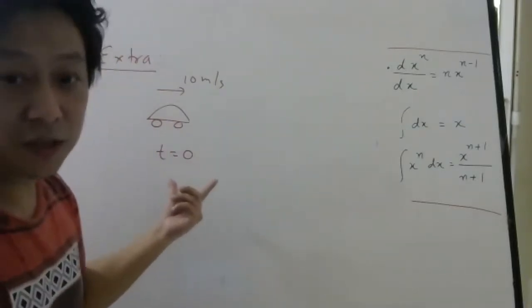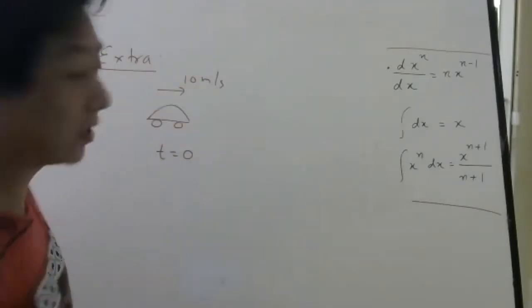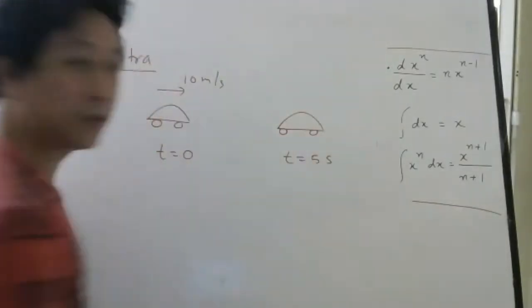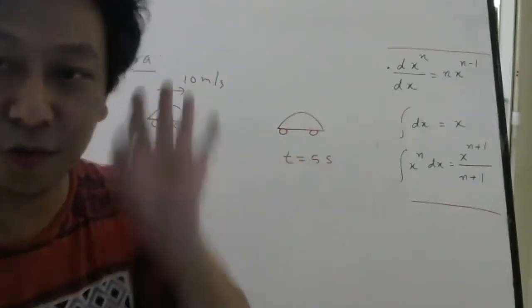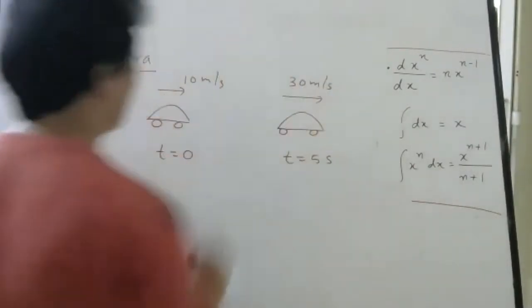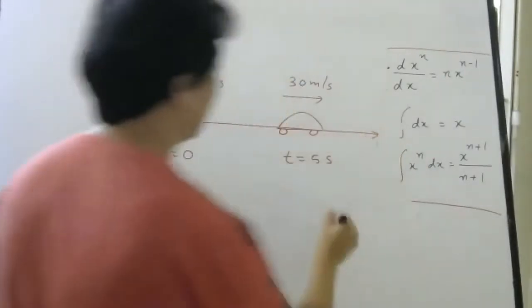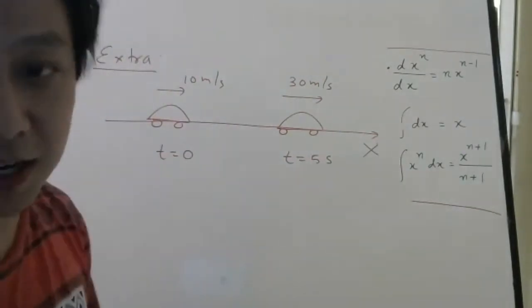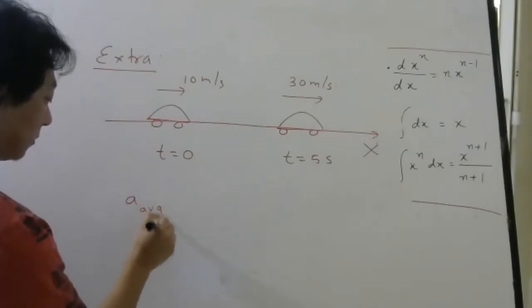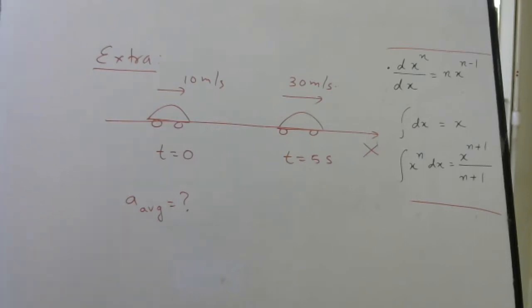So at t equal to 0, I am saying it has an instantaneous velocity 10 meter per second. And when the time is showing 5 seconds, you can think this is t1, this is t2, your wish, that time its velocity is 30 meter per second. Both are in the same direction. So this is motion in a straight line. Now for this, if I ask, what is average acceleration? Can you calculate easily?